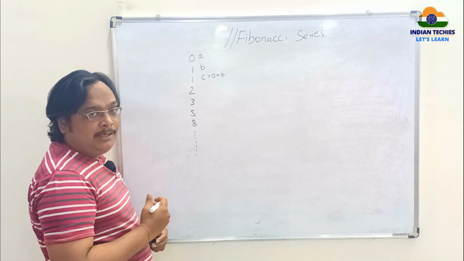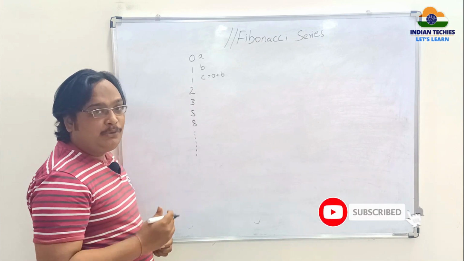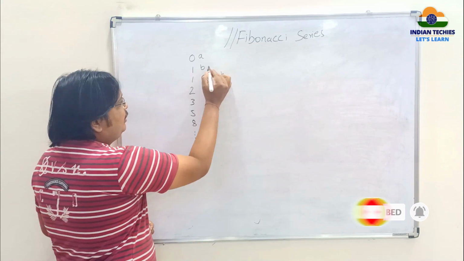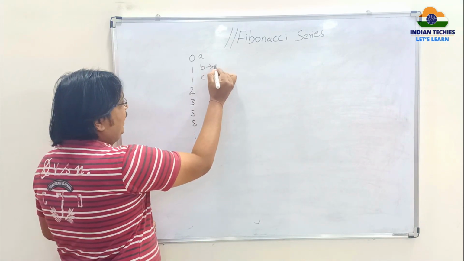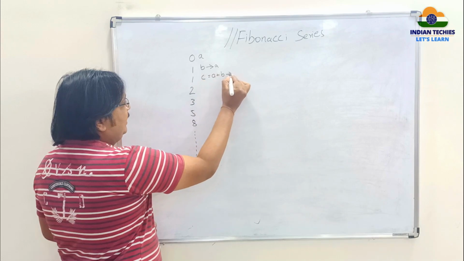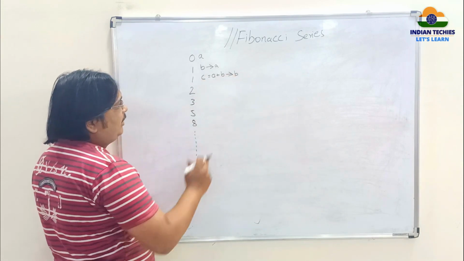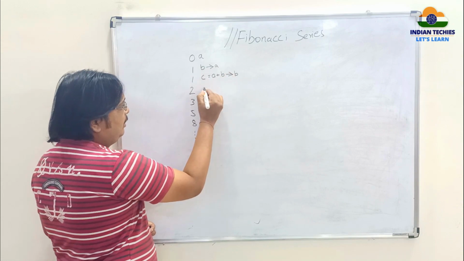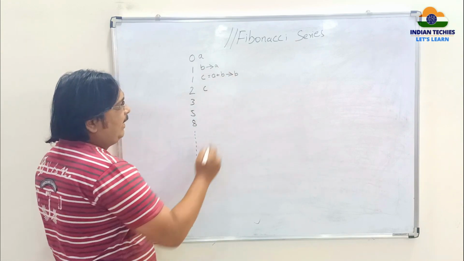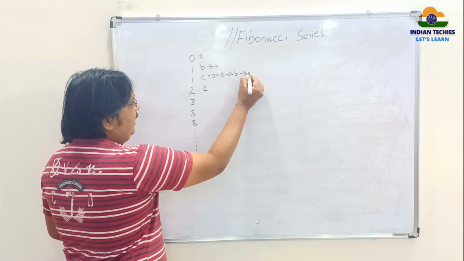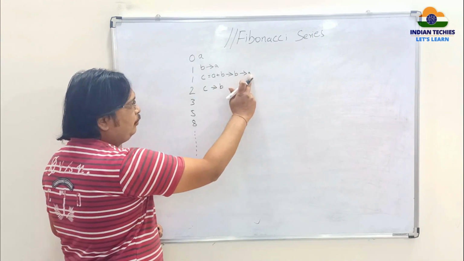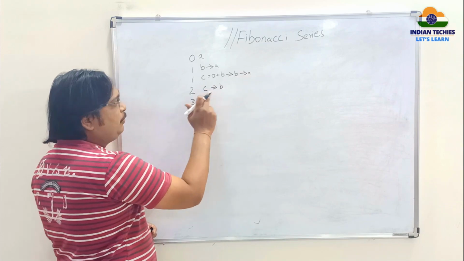Once you get the next number, then again you have to do some logic to get the next number. That is, always you have to make B as A and this C as B, so that again you will get the next number. That is A plus B, that is 1 plus 1, C. Again make B as A, C as B. Means in A you have to store B and in B you have to store C.